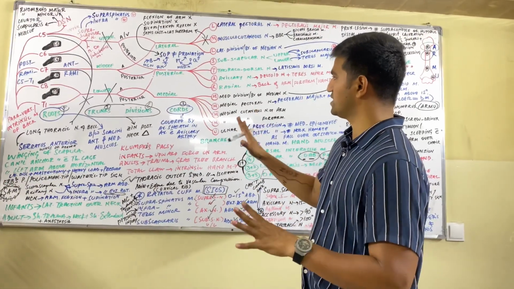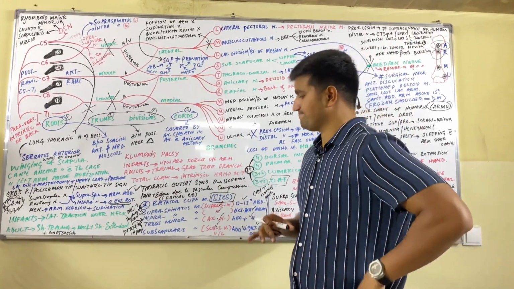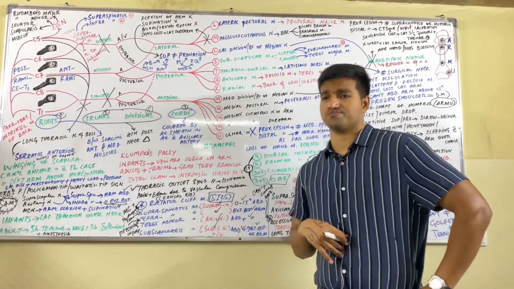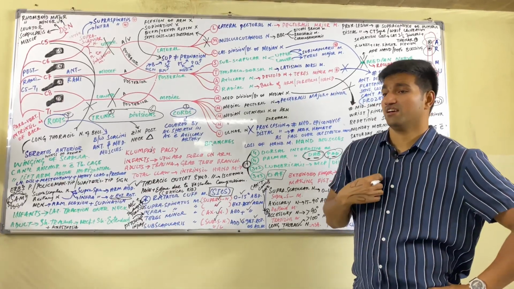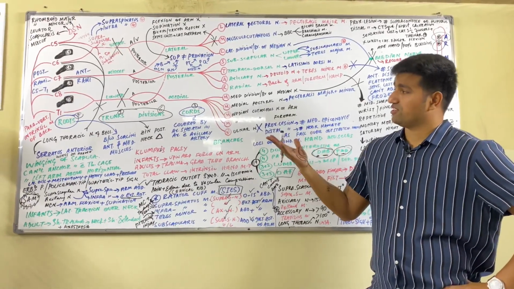So that was about our brachial plexus. And yes, perfection does not exist. Only God is perfect. So if you have any question,